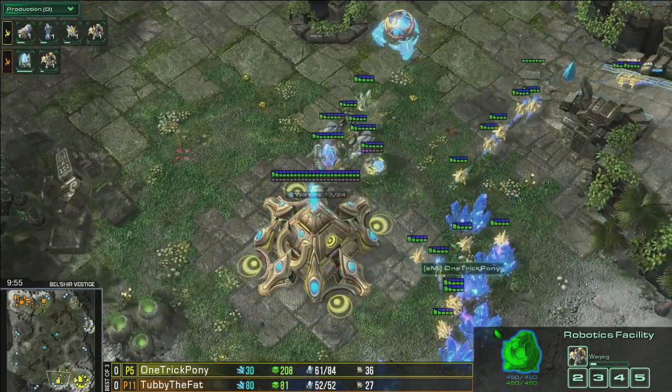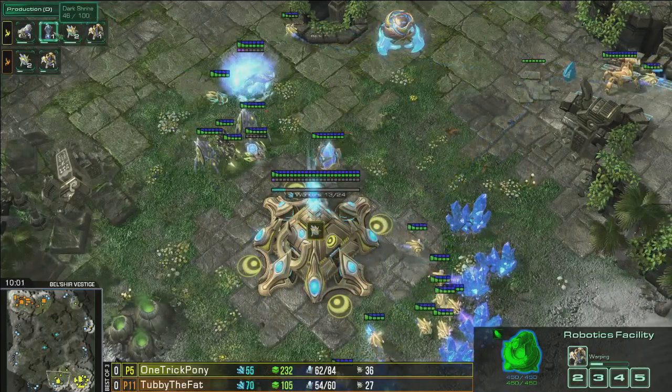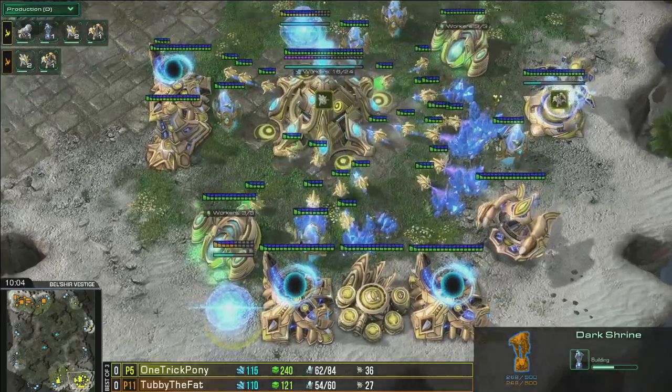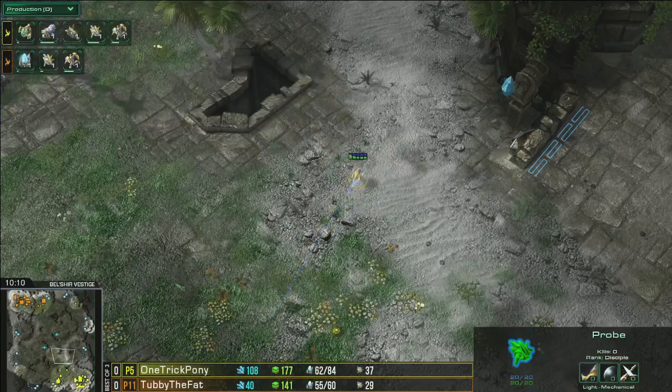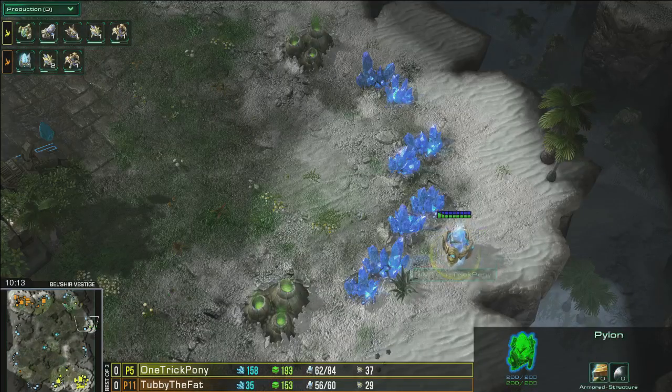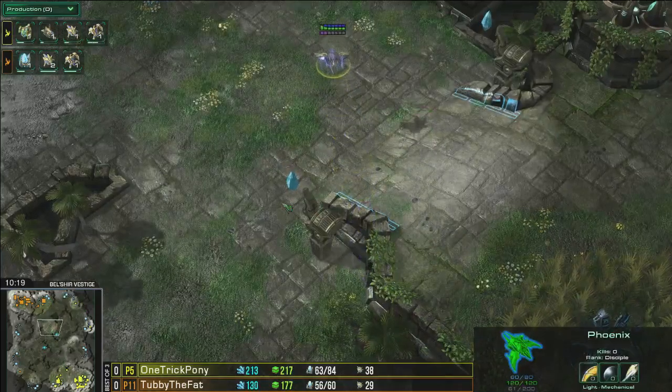Will he be getting Archons, or will he try some surreptitious play with those invisible units? Trying to pay the favor back to TubbytheFat. That is exactly what that Dark Shrine is going to do. A Forge also coming down for OneTrickPony means that he will have an upgrade advantage in terms of the later game. It could be +1 armor, it could be +1 attack, but it looks like a High Templar and DT